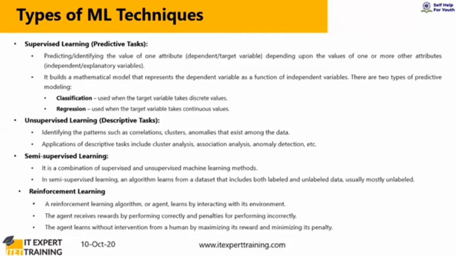where your objective is to identify the correlations, what relationship exists among the data, whether you could find any clusters in the given data set, whether there are any anomalies in the sense of irrelevant data. So is there any data present in the given data set which stands out from other data in the data set? Is there any anomaly in the given data? All those things you can identify. So if that is the objective, then you will go for using some unsupervised learning techniques.